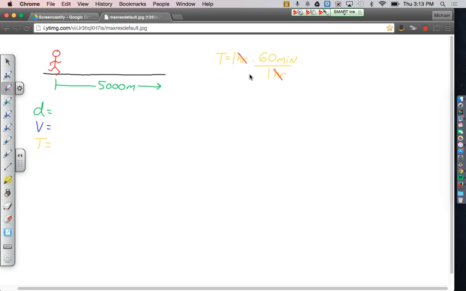We don't want to be stuck with minutes. We want seconds. So how many seconds are in a minute? I know there are 60 seconds in a minute. So now when I multiply out, my minutes in the top are going to cancel with my minutes in the bottom. And when all is said and done, 1 hour times 60 times 60 is 3,600 seconds. So I know my time is 3,600 seconds,